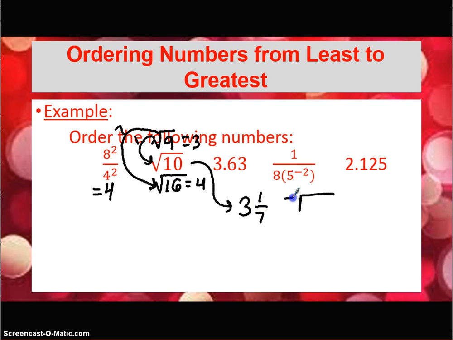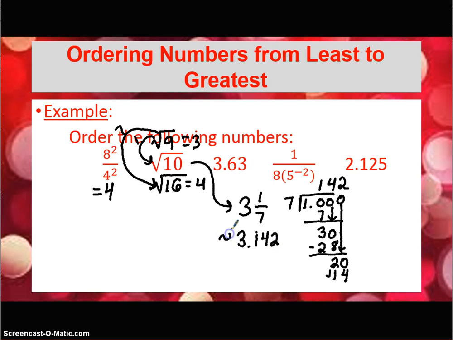If we divide 7 into 1, 7 does not go into 1 because here's our whole number. 7 goes into 10 once, which is 7. There's 3 left over. Bring down the 0. 7 goes into 30 4 times, which is 28. 2 left over. It's got one more place. 7 goes into 20 2 times, which is 14. So this is about